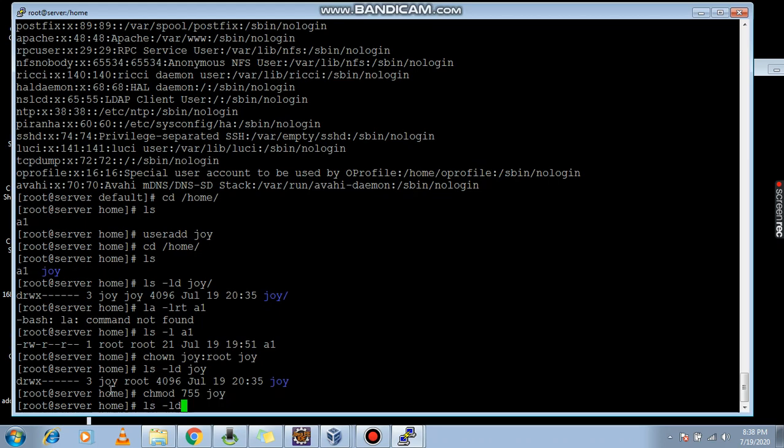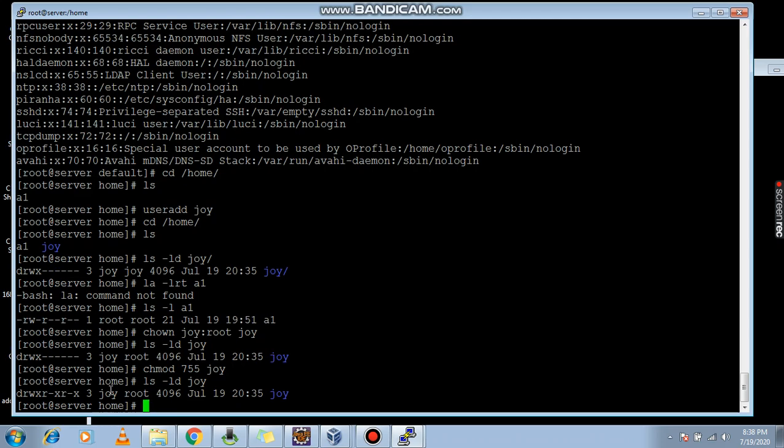Now you can check using ls -ld joy. Now the permission has changed. The first three are for the user, the second three are r-x, that means read and execute. There is no write permission for the group and others.